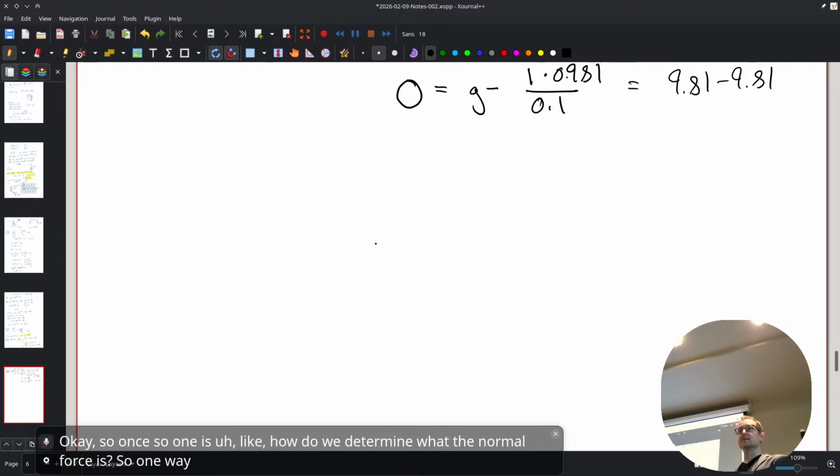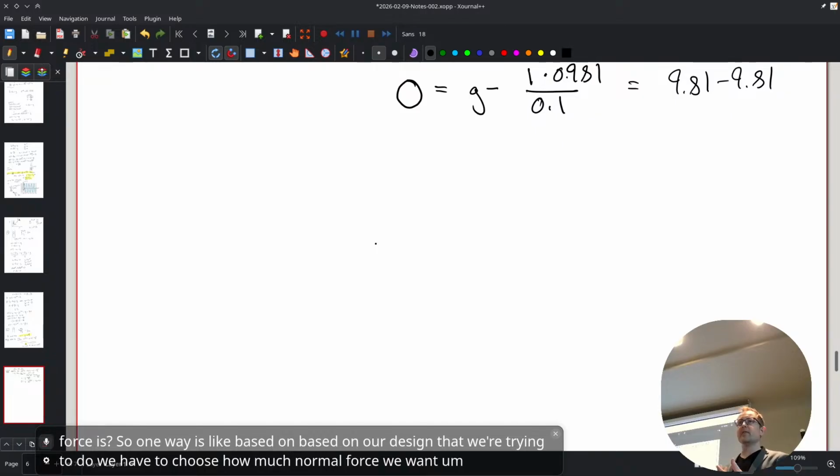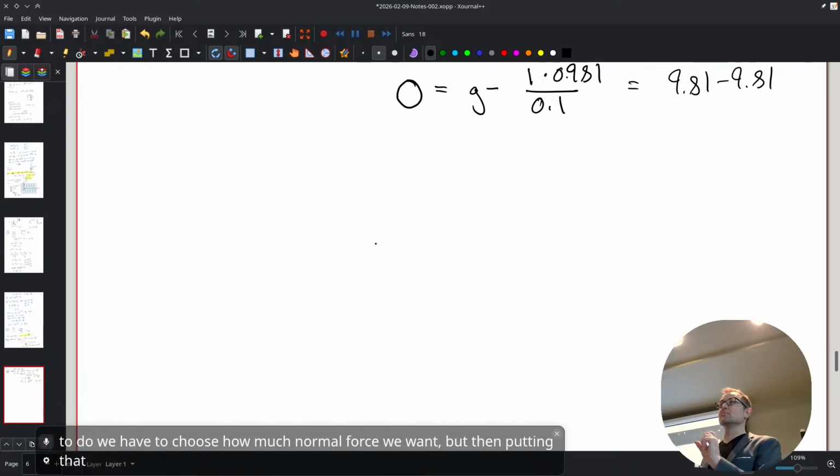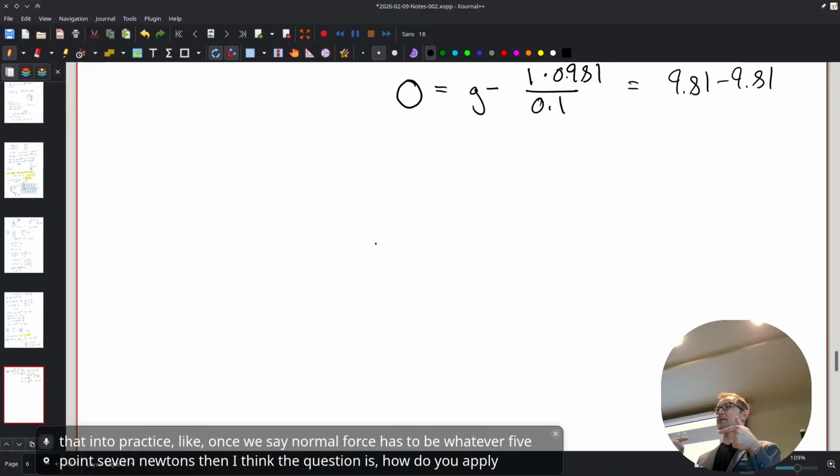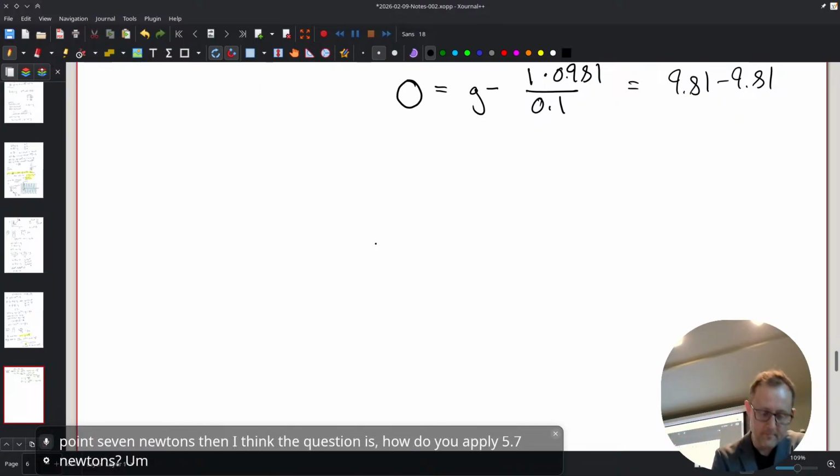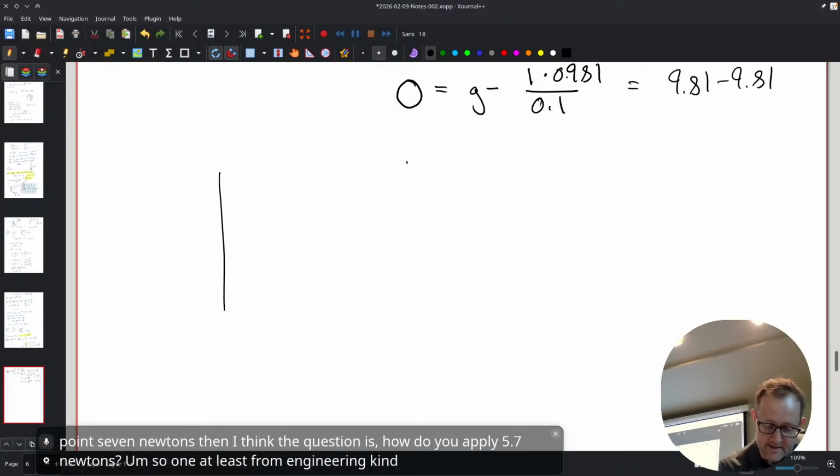One way is, based on our design that we're trying to do, we have to choose how much normal force we want. But then putting that into practice, once we say normal force has to be, say, 5.7 newtons, then I think the question is how do you apply 5.7 newtons? So at least from an engineering design standpoint,